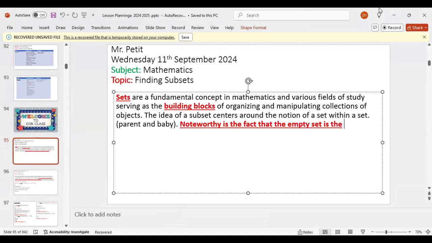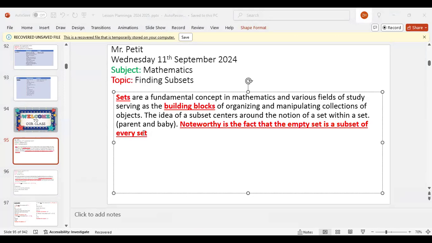Now, here's the key. I want everyone to remember this. Do not forget this. This is very important. If I could, I would put this in big and bold. The empty set is a subset of every set. That's the first thing. Don't ask me why. If you want to know why, then go ahead and go to university and become a math major like I did. But for now, just accept it. The empty set is a subset of every set.